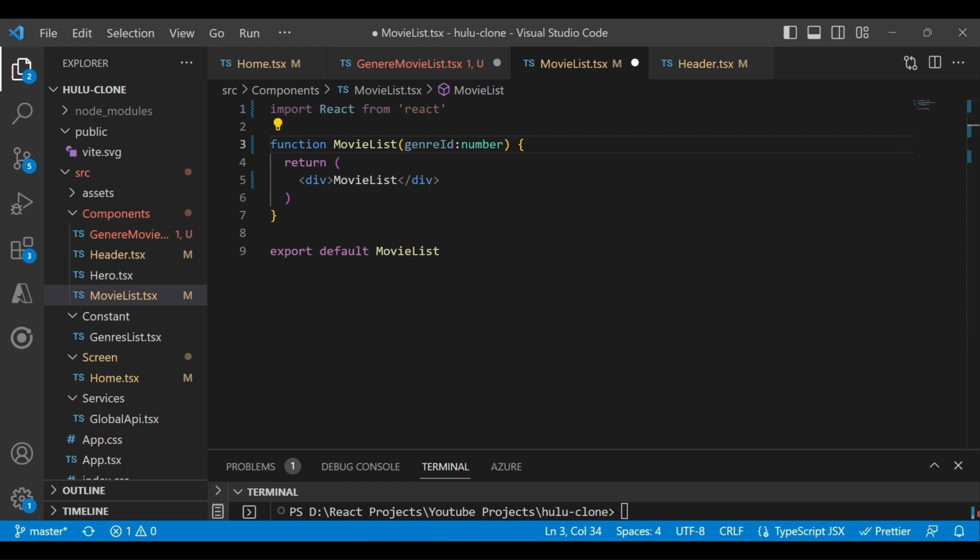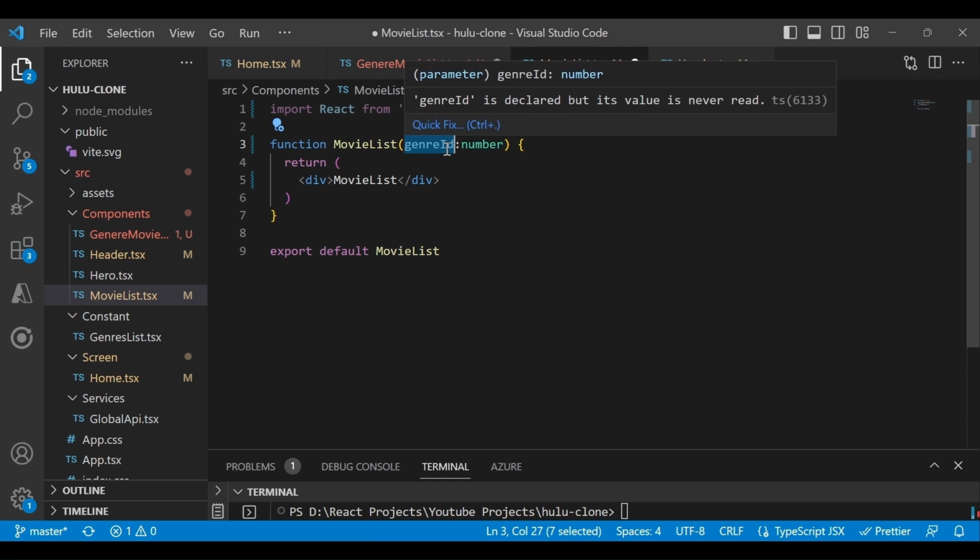Now the interesting thing here is we have to pass that movie genre id to the API. So we have to give the API call here. This genre id consists of an object, so if you want to access it, you have to access with genre id dot genre id.